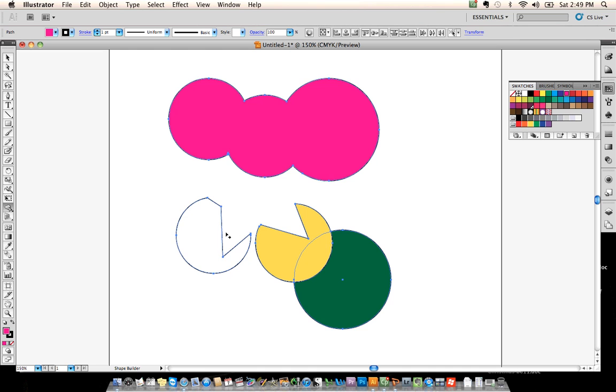So it took all that star out, including the parts that overlapped other parts. Again, let's say I want to get rid of this one. I just click on it and it goes away. You can make some really cool shapes and techniques using the Shape Builder tool. And again, like I say with so many things, just play with it and you will